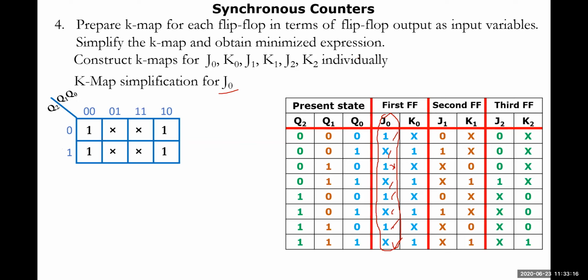And because of don't cares, you can roll up completely. Because of complete rolling, you get 1. So everything gets cancelled. Already we have seen in our previous classes that when any map is completely rolled up, the constant 1 will be the output. So that has been acquired here.